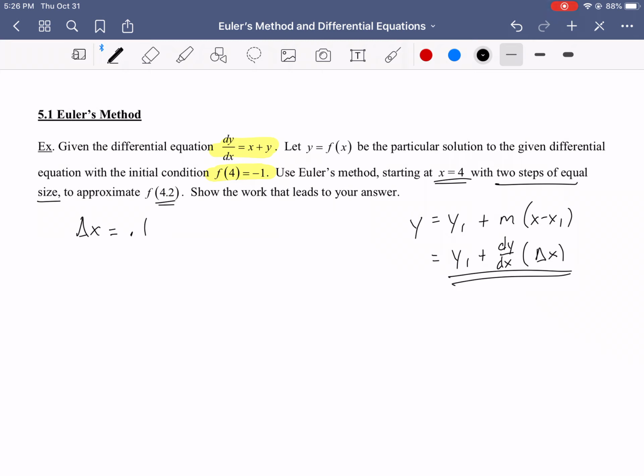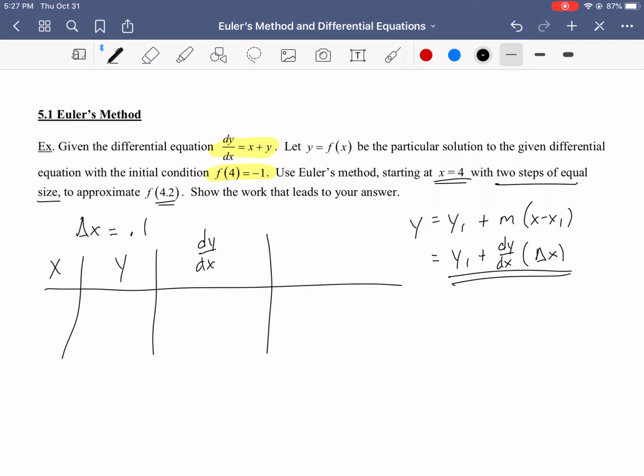And so this is going to be the form of the tangent line that we're going to use in order to answer this question. And so what I have students do is create a very well structured little table here. And so this is how this works. And sometimes they use 3 columns, sometimes they use 4 columns. It doesn't really matter. It kind of just depends on what you want to do. Okay, but here's what we have at the top of our headers. We have x, we have y, we have dy/dx,